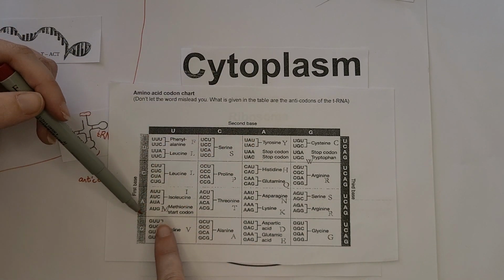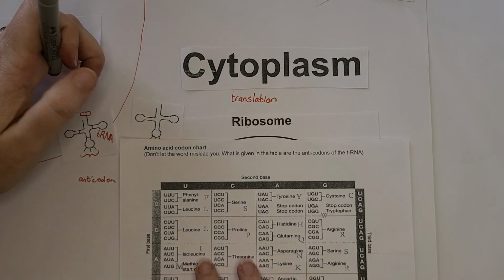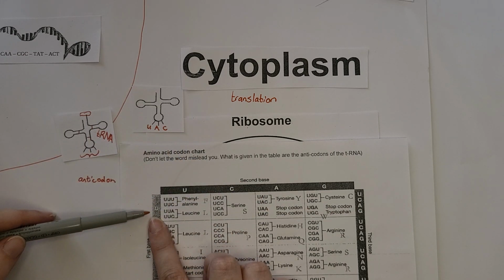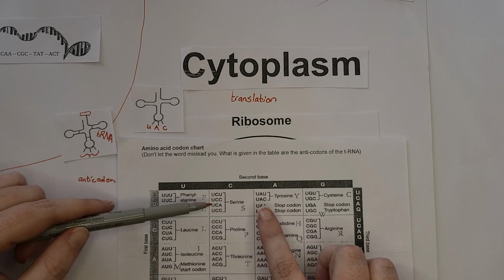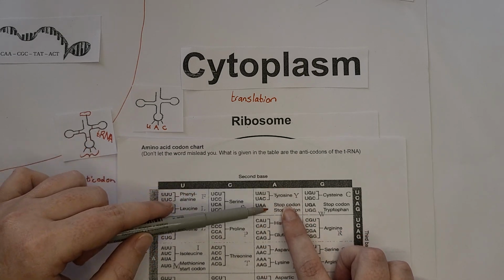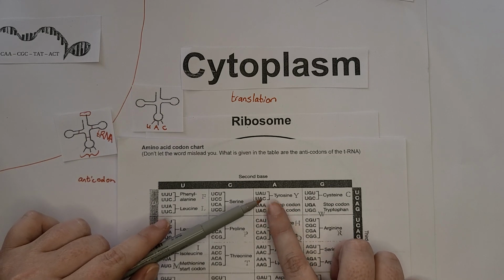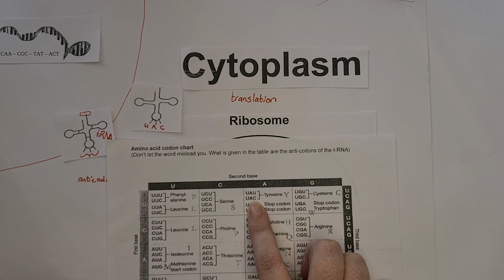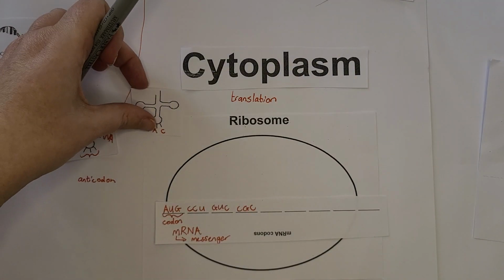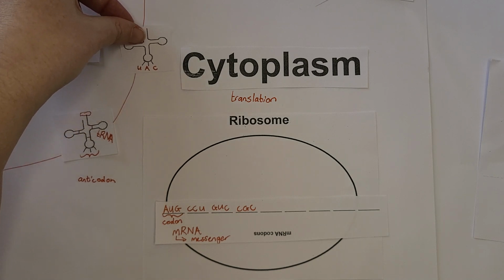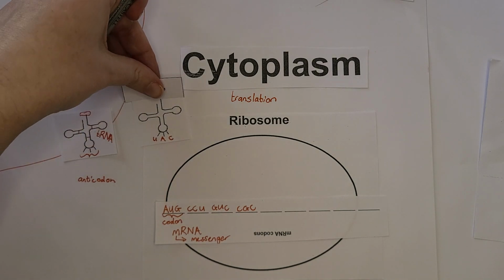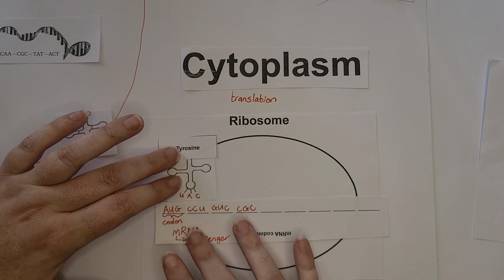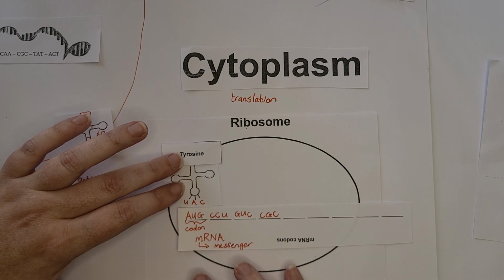So if you look at the codes, the 3 bases, so the first base in ours is U. So we look along the first row for U. The second one is A, so in the first row, in the third column, I'm now looking there, and the last base is C. So if I look for C across, I find that this matching amino acid is tyrosine. So this little tRNA is going to go in the cytoplasm, and it is going to pick up tyrosine on the one end. That's then going to come in to the ribosome, match with its codon, and it's going to